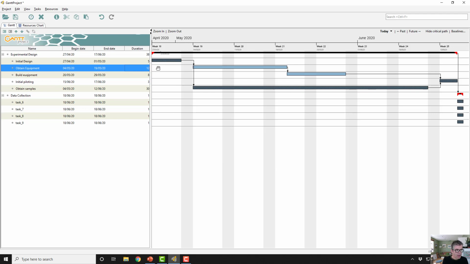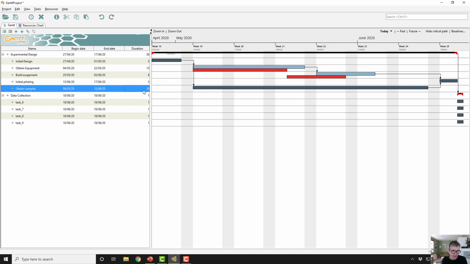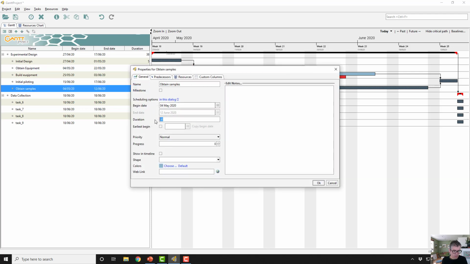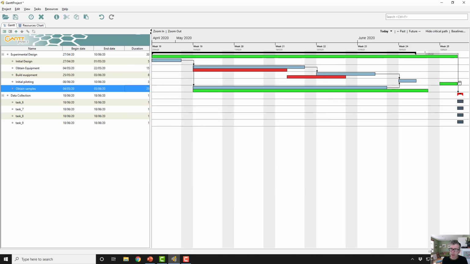And in here, I've just extended the time frame for obtaining the equipment, and you can see that the plan is in red and the new plan is in blue, and it indicates the delays that we're having by being coloured red. If I was to bring the sample time frame down to 25 days, you'd see the impact in green of delivering early. It's a really good tool for exploring how long tasks might take and how long delays in the project and how they might impact on other activities against the initial plan.